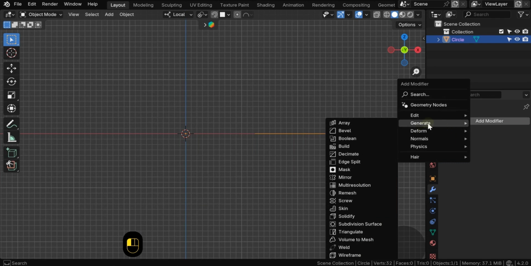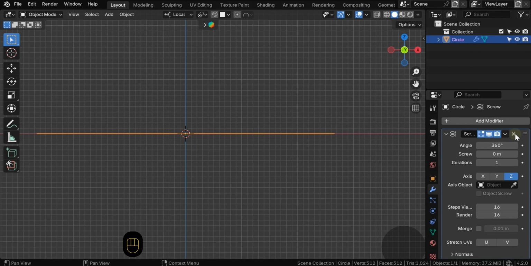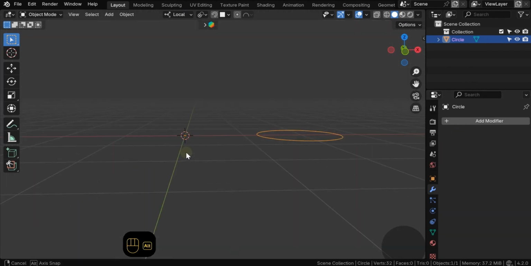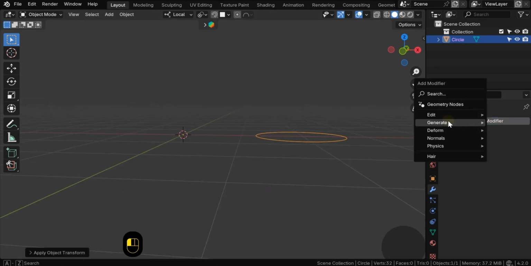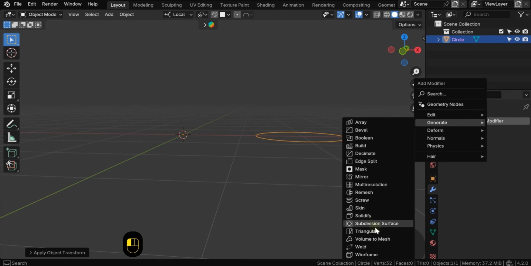It's time now to give it the screw modifier from here. But before I activate the screw modifier, I need to apply all transforms, location, rotation, and scale, for this circle. Now going back to the screw modifier,